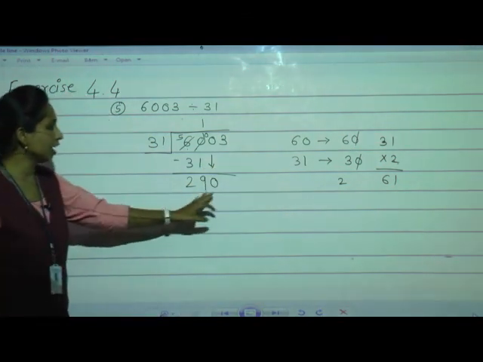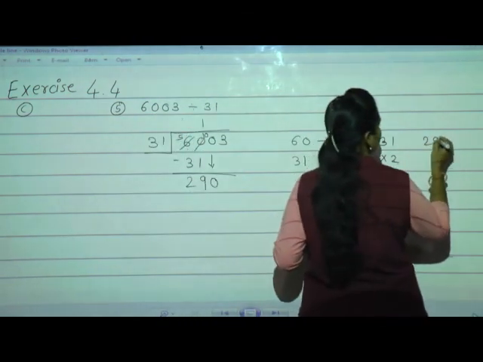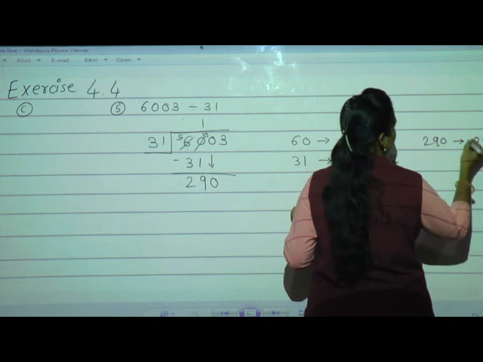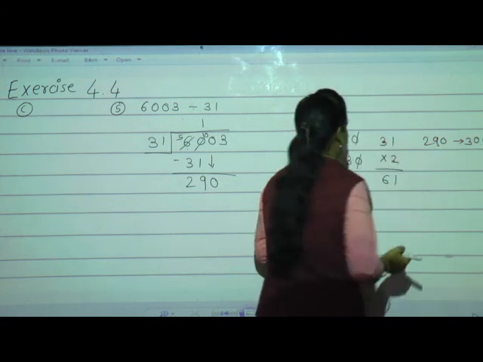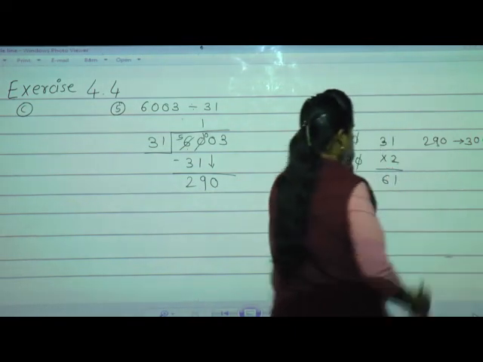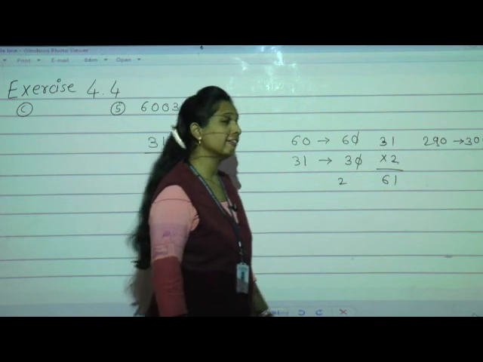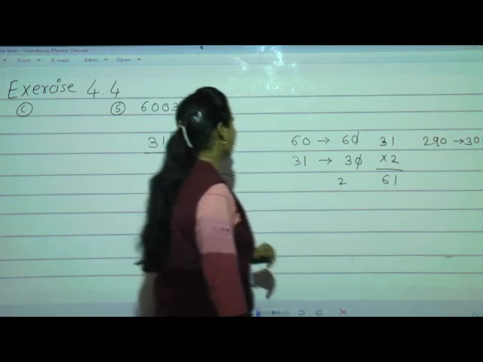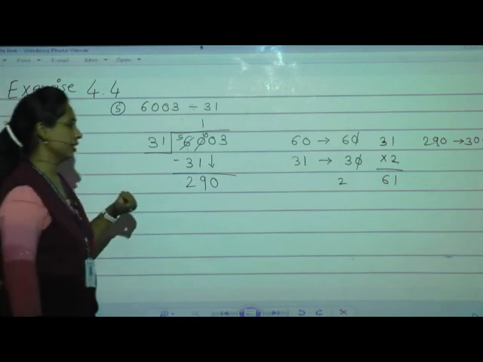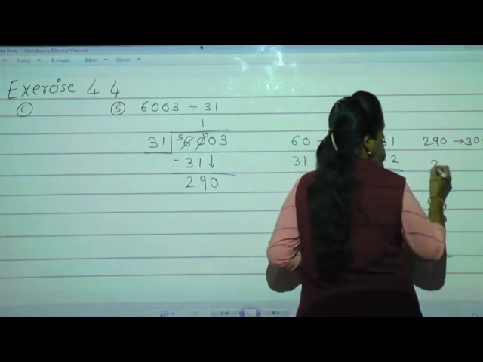Now 290. Okay. Now what will we do? We will find the nearest to this number. 9 is there, so add 1 and get 300. See, 30 and 300. Cross the 0s, 3 and 30. How many times 3 in 30? 10 times, isn't it? But if we go with 10 times 31, it is 310. So what I'll do, I'll come with the quotient 9 as the estimate. Okay.